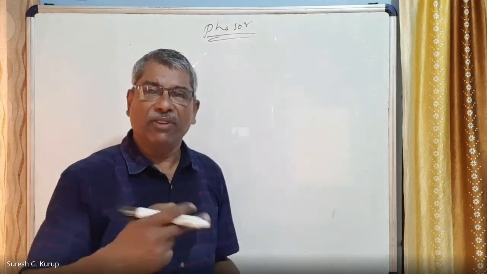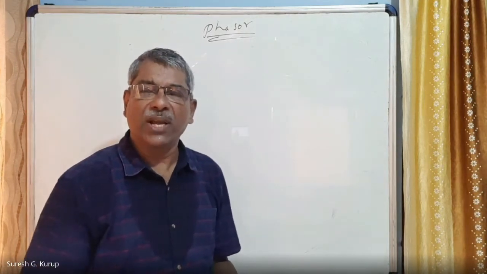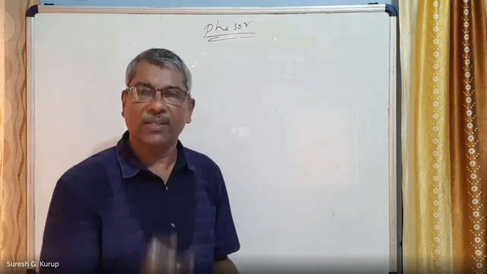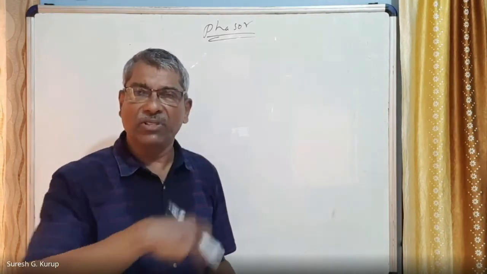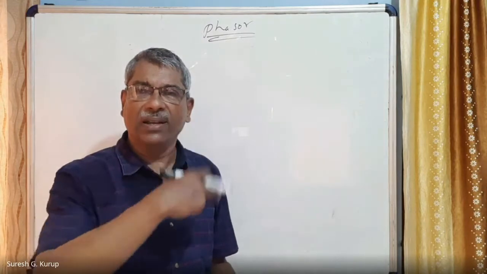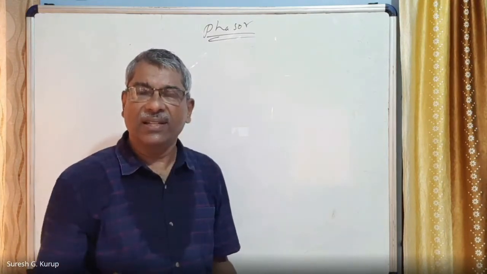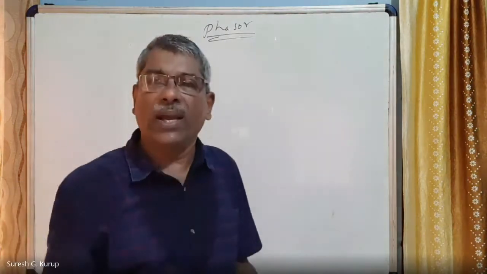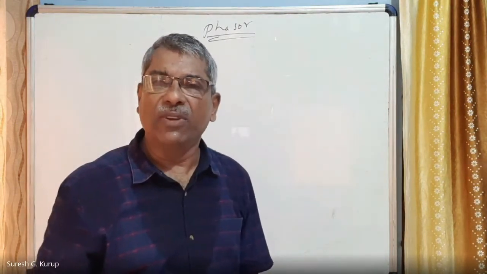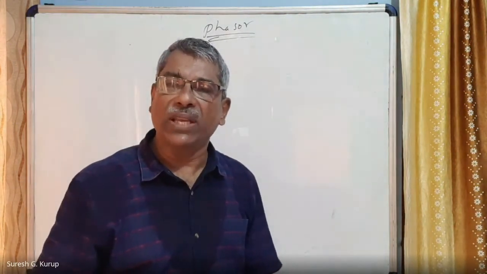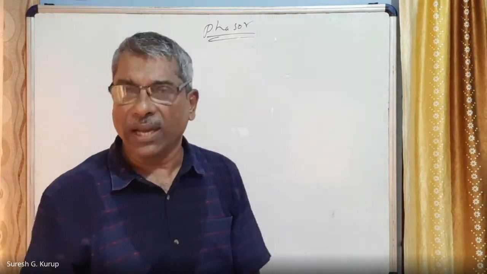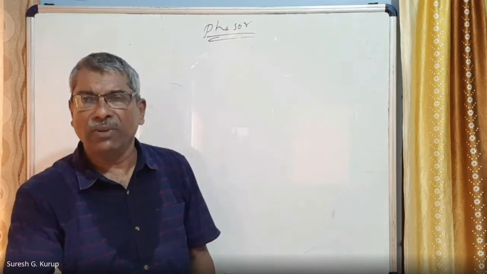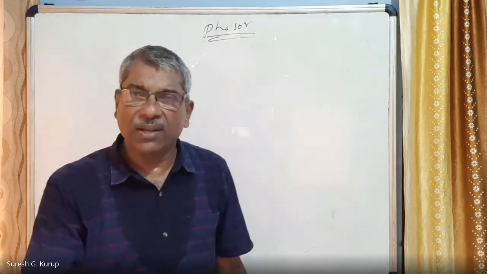When the phasor rotates in the anticlockwise direction in a circle, the projection of the phasor on the y-axis, along the diameter, gives us the value of the EMF and also the current at any instant. And we can also represent the current and EMF in terms of a graph, right?